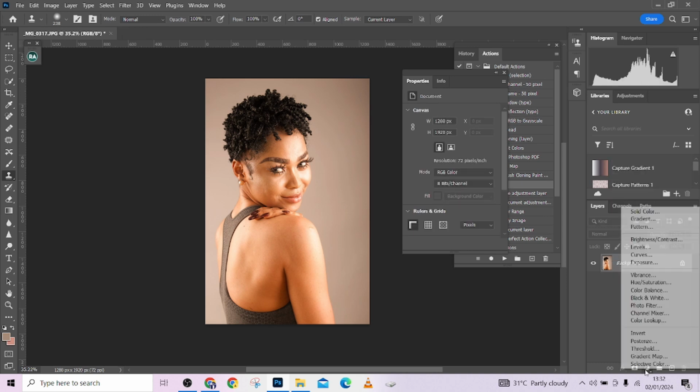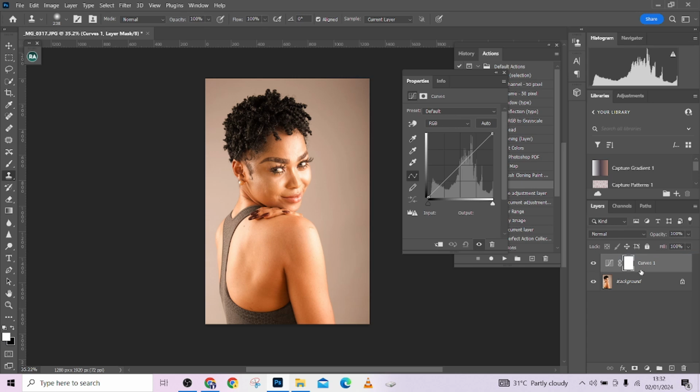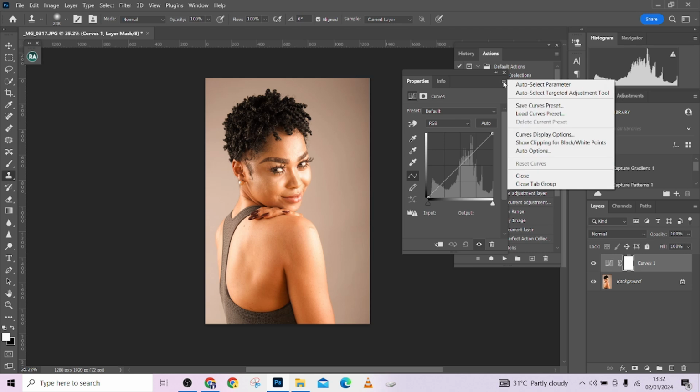Now the first thing you need to do is create a curves adjustment layer. While using curves, there are 3 things you can try. If any of them works for you, just stop there. The first thing you can try is to just come here and on your